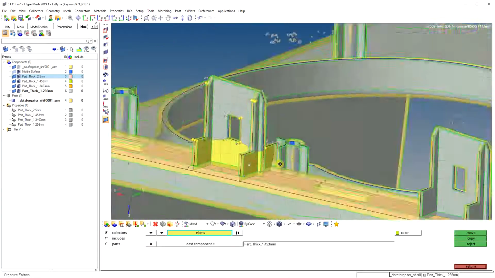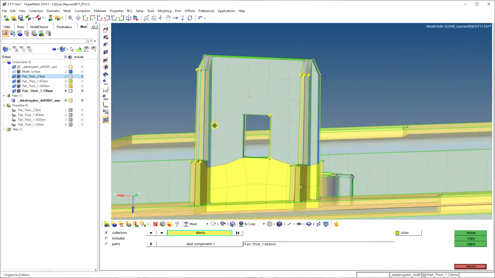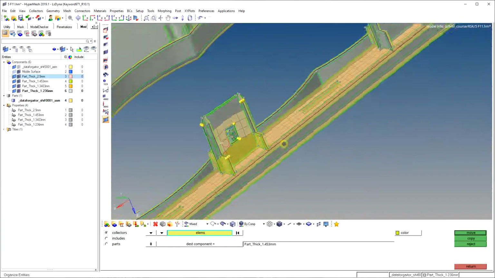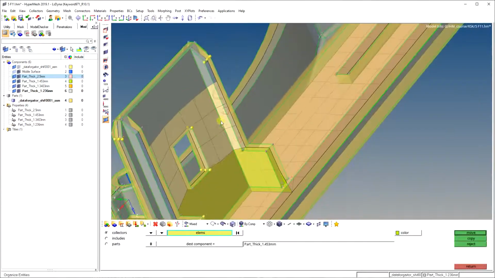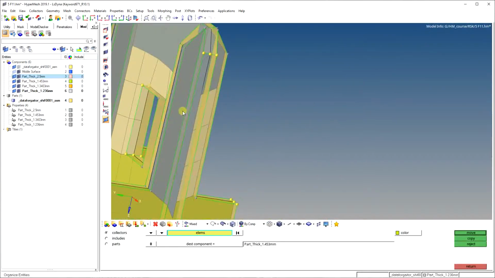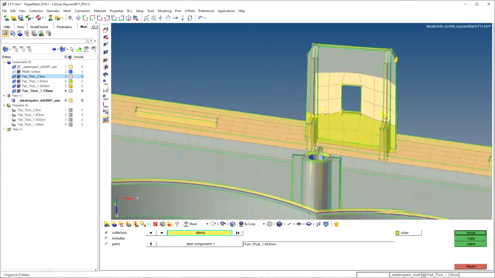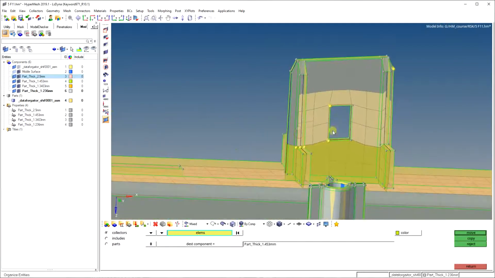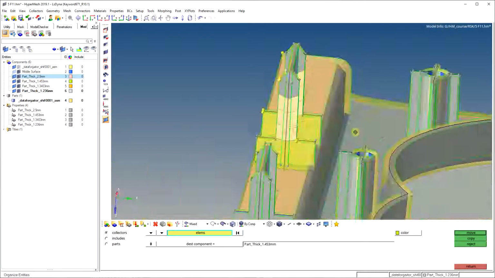Now the middle level I am selecting. This is the last step for today actually. After that you have to assign materials to it. That is very simple. In one step we can assign, because for one component there is only one material.